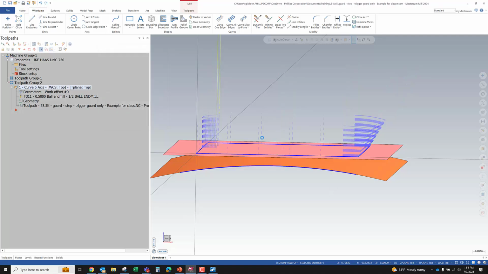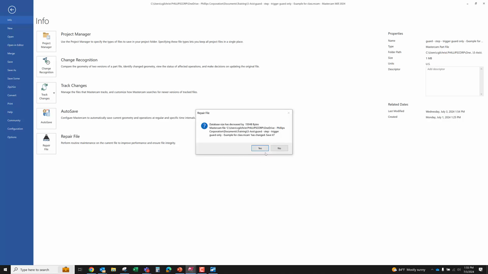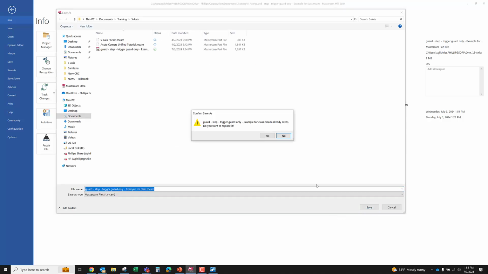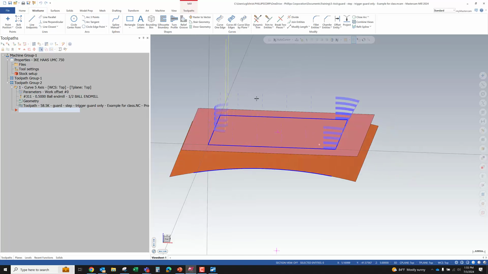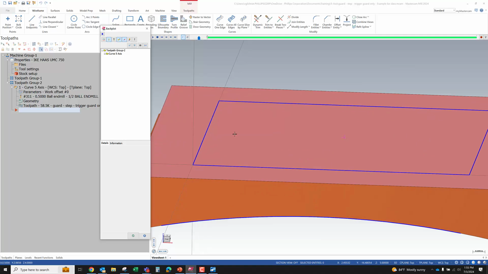I'll also save the file. I haven't played too much, but I've been playing a bit. So I'm going to go into File and run Repair File. This is the old RAM saver. I'm going to say no to delete duplicates and no to the parallel arcs. It tells me it's decreased by a little bit. And so I'm doing a save as to give me a nice clean version of the file. All right, so if I backplot this,